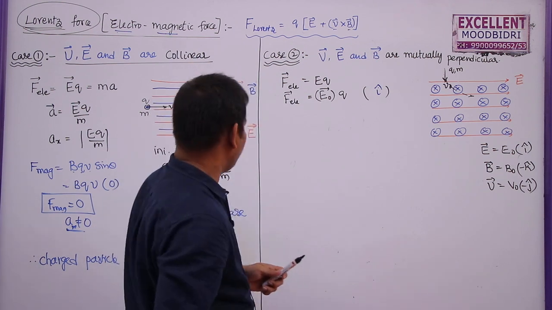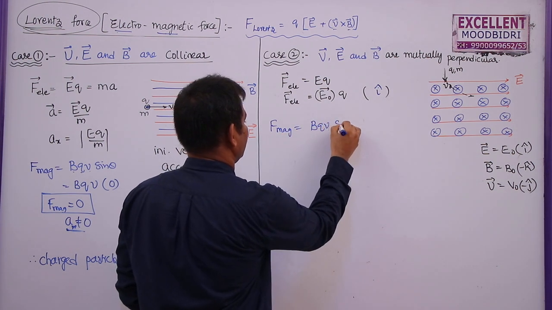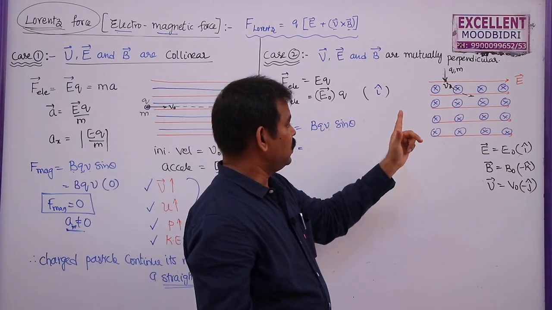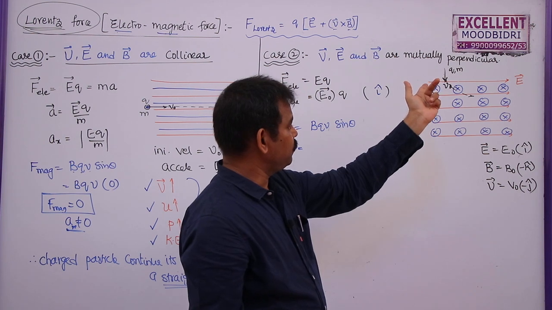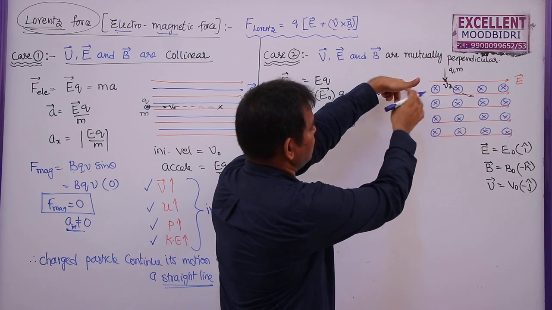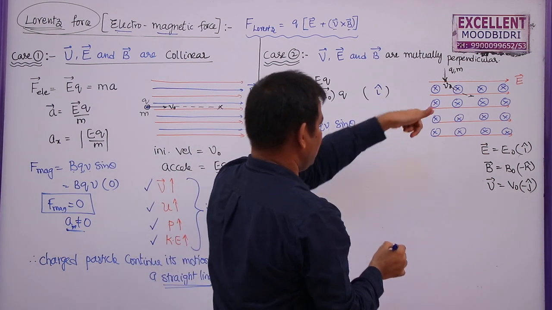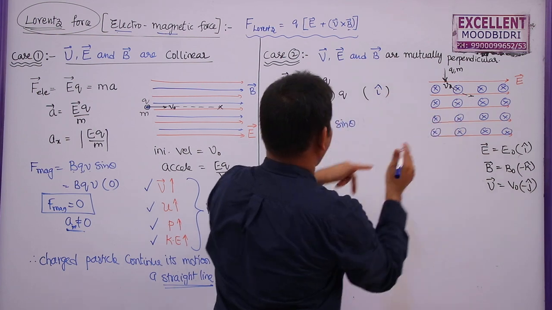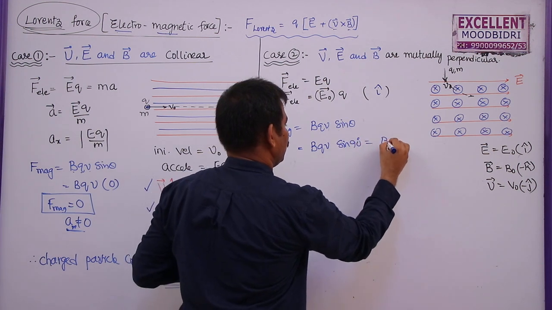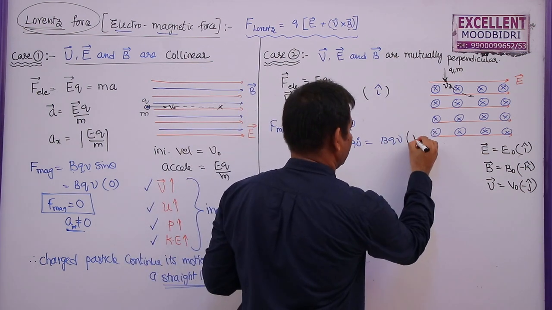Now what is the magnetic force now? The magnetic force is given by F magnetic is given by BQV sin theta. B is into the board. Now let me substitute this charged particle, but let me apply Fleming's left hand rule here. Field is into the board, charge is coming down, so now it will try to move in this direction. So magnetic force also acting in the same direction. So this will be B into the board, charge entering here. This is the direction of the magnetic field. So this is given by BQV sin 90, which is equal to BQV. So what is the direction of this one? Direction of this one is along x-axis only, so I cap.